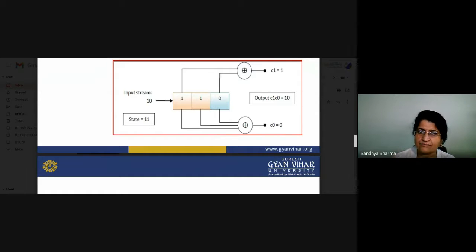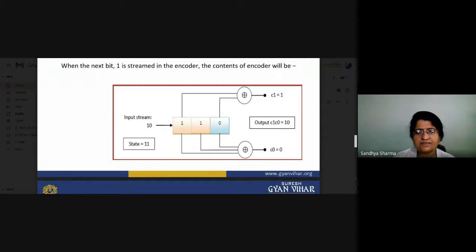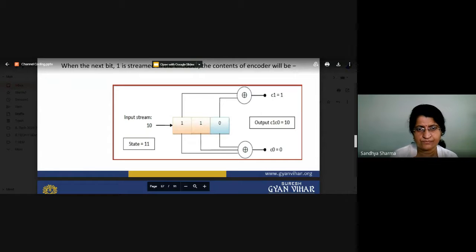So that is basically the diagram of our input state. First you will enter the first bit. Now when it is time to enter the second bit, your first bit will be shifted to the left side and your second bit will be entered, and after that we will again calculate C1 and C0. If we are talking about C0, C0 is the XOR operation of the 3 bits contained in the shift registers, and C1 is again the XOR operation of the first and last bit. According to that, we will again receive the output, which is equal to 1 0.